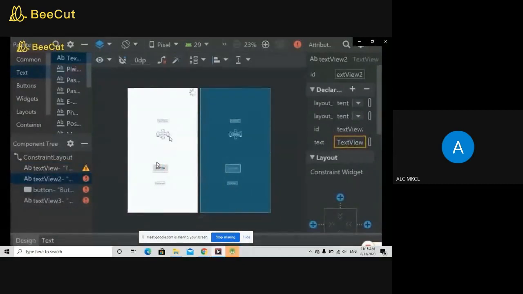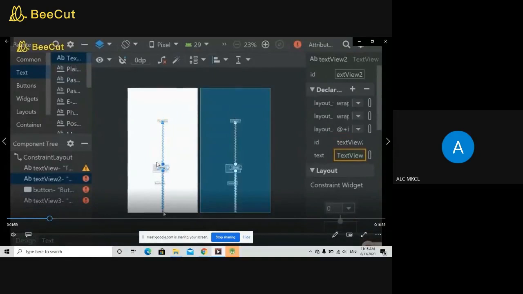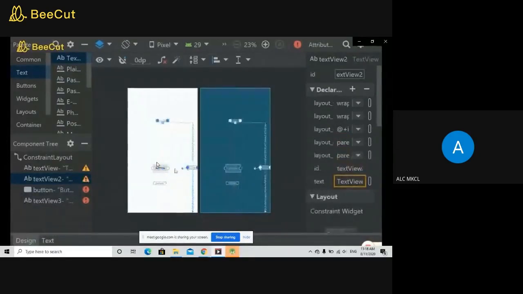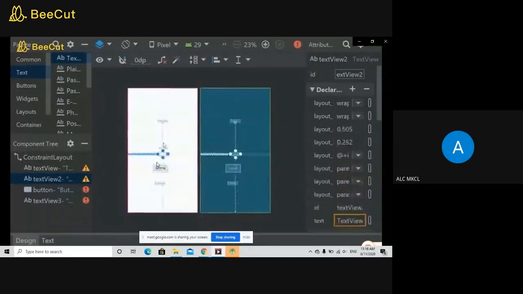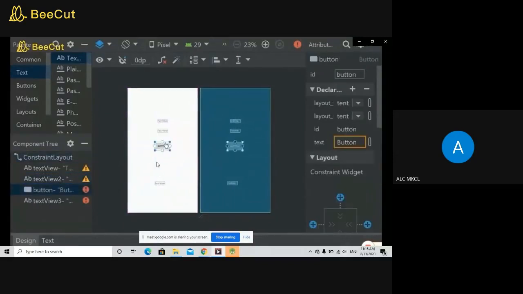You need to align this because you are working with the constraint layout, and you need to define the constraints, otherwise everything will be one over another. Therefore, you need to define the locations and set the actual coordinates, and this is a way of setting the coordinates.